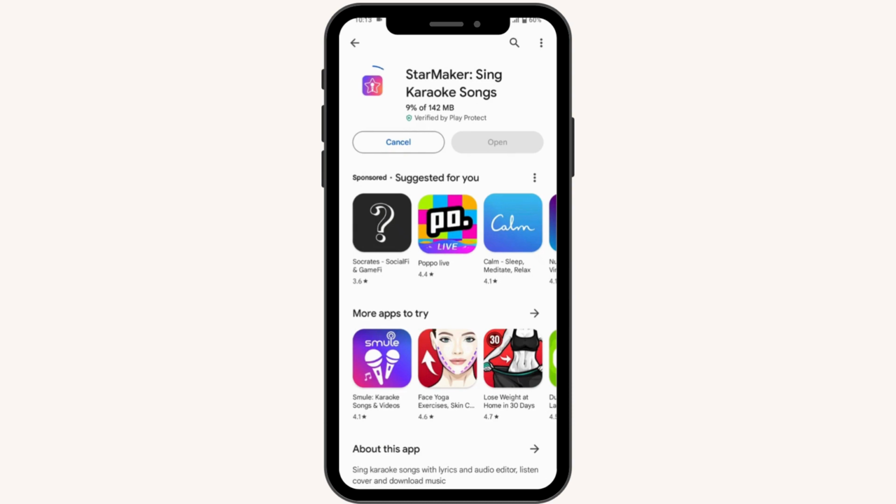to download. And once it's downloaded, you can tap on open, which is on the right side, and then you can create your account or log into your account and use StarMaker to sing your songs. So that's it. That's how you download your StarMaker